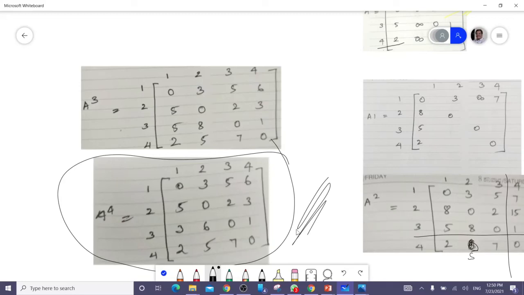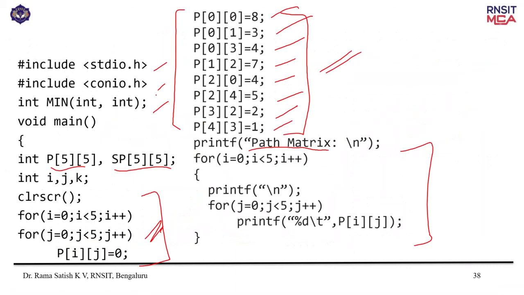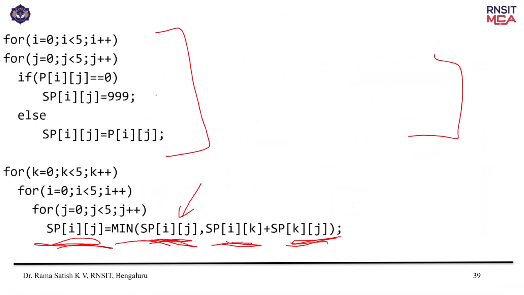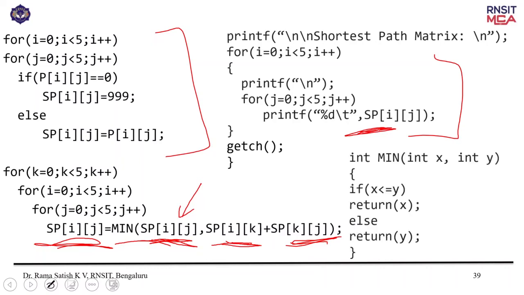Same thing whenever you execute the program, also here you are supplying the matrix. I think in the previous example, you are supplying the matrix. So that is the distance matrix, path matrix. From the path matrix, you are finding the smallest of the path, SP. That SP is nothing but whatever matrix you have got just now. And it will be based on the minimum function. Whichever element is minimum, the same element it is.